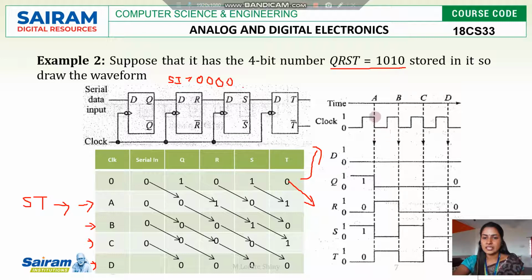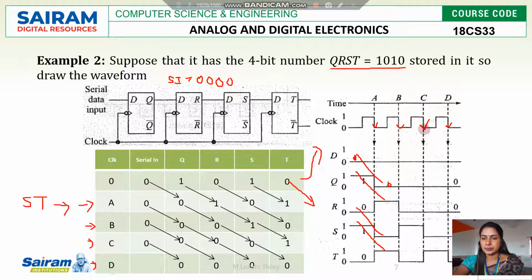Next, in the first cycle, in the first clock, negative edge. So this is the first negative edge. This is second, third, fourth. At the first negative edge, D will be sent to Q. The previous state of Q will be sent to R. The previous state of R will be sent to S. The previous state of S will be sent to T. You can check. This is 0, this is also 0. This is 1, 1, 0, 0. This is 1, 1. Okay.